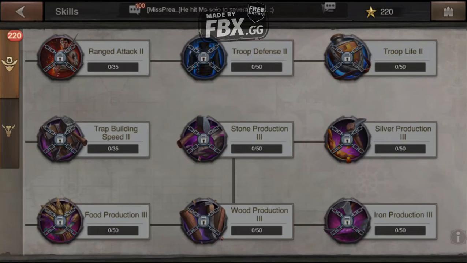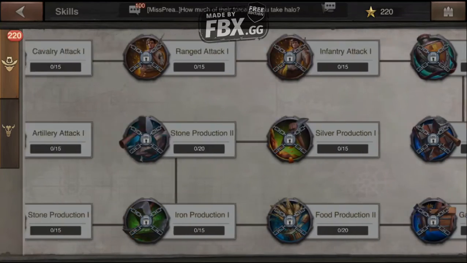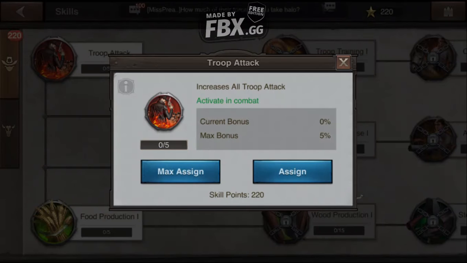So in order to get the troop life, I want to get there using the least amount of points possible at the end. So I go back to the beginning, and all I'm going to do is figure out exactly what I need to get troop training unlocked, because currently it's locked. See, it's got the big locks and chains on it. So click on it, and it'll tell you I need 3 points for troop attack. So I will just put 3 points on here,